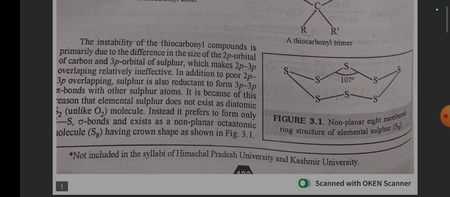For example, the instability of the thiocarbonyl compounds is primarily due to the difference in the size of the 2p orbital of carbon and the 3p orbital of sulfur, which makes 2p-3p overlapping relatively ineffective. In addition to poor 2p-3p overlapping, sulfur is also reluctant to form 3p-3p pi bonds with other sulfur atoms. It is because of this reason that elemental sulfur does not exist as diatomic S2 molecules. Instead, it prefers to form only S-S sigma bonds and exist as a nonpolar octatomic molecule S8 having crown shape,